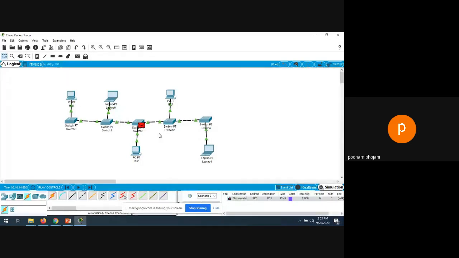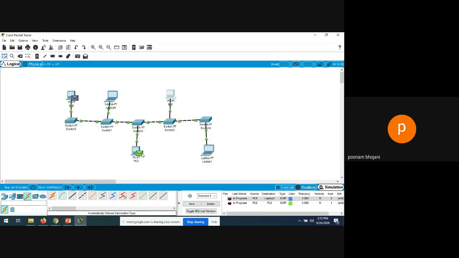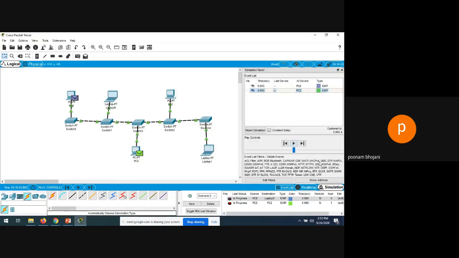Let me tell you actually why the problem will occur sometimes. One time you have taken the data, let's say, from PC0 to this laptop, right? Then you have taken the data from, let's say, PC2 to a PC. If you have done multiple processes together at a time, then when you go to the simulation it has both processes to do.